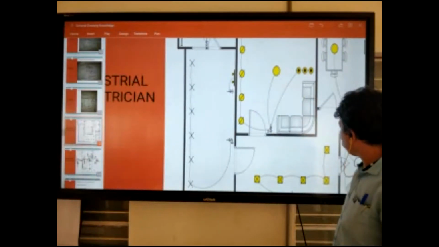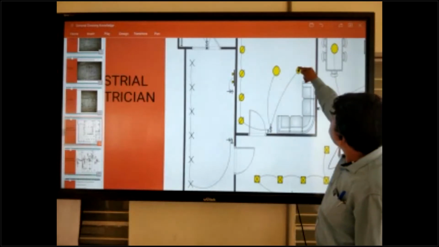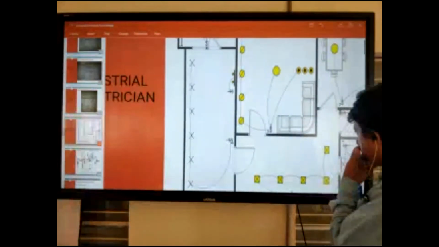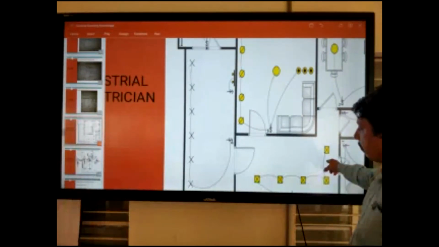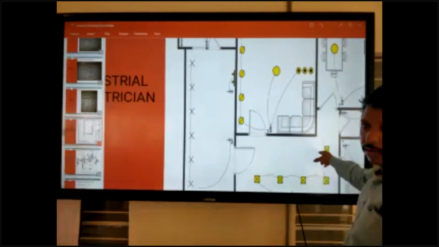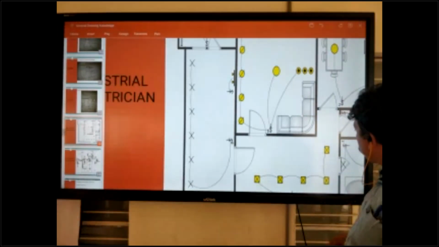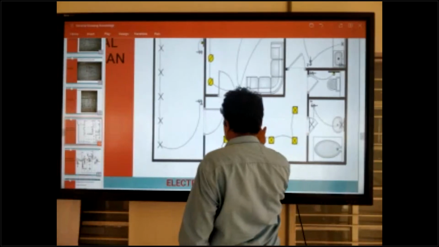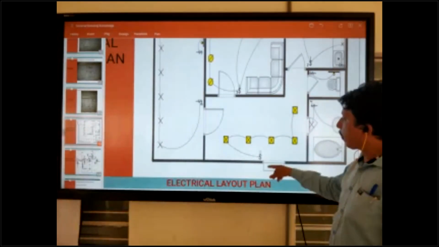They mention this is the decoration light. Decoration light is this one. And this one is the square light, in the electrical layout plan.